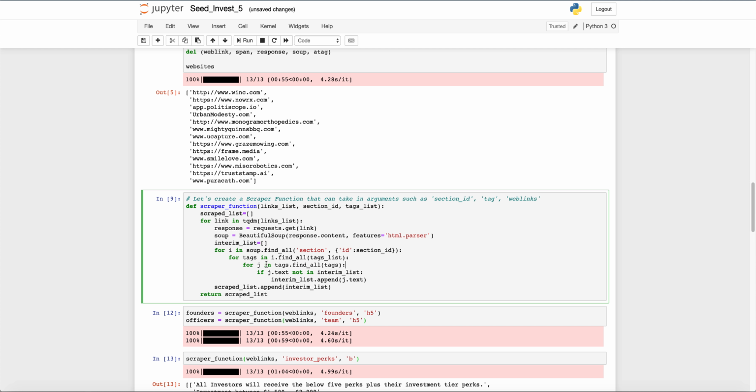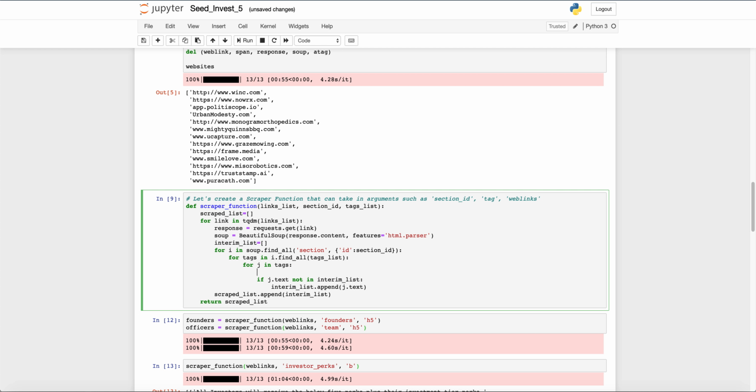So for j in tags dot find all. No, it's not tags dot find all. It's for j in tags, right? It's not tags dot find all. It's j in tags. Okay, and then, so then we're going to create a soup using the j. So j dot find all. Okay, for k in j dot find all,